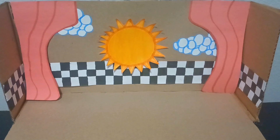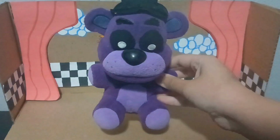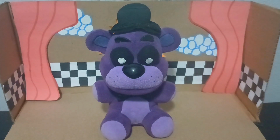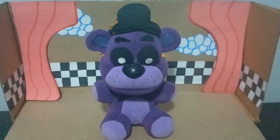Back at it again with a review. Okay, now this is a very special review. It is the one and only original 2016 Funko Shadow Freddy plush. It is absolutely beautiful. Anyways, so